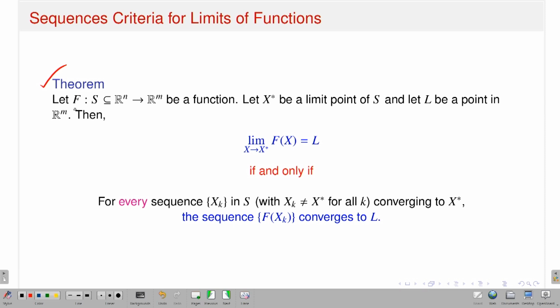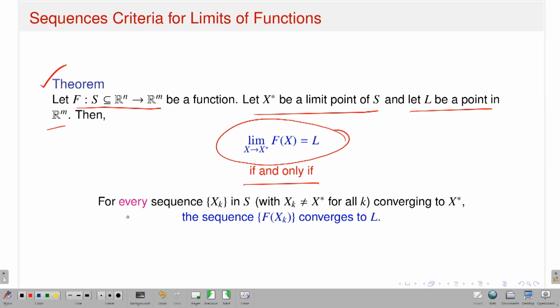So let capital F, which is a map from S subset of Rn to Rm, be a function. Let x star be the limit point of S. Let L be a point in Rm. So then what is the statement? The statement says that the limit as x approaches x star of capital F(x) is equal to L. That means the limit of the original function exists and its value is capital L if and only if for every sequence